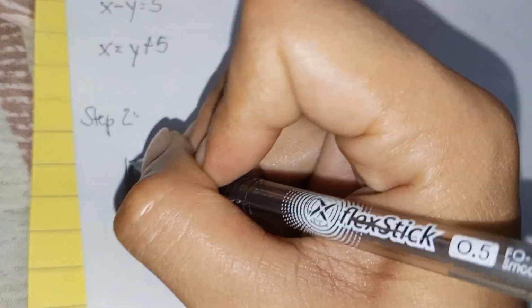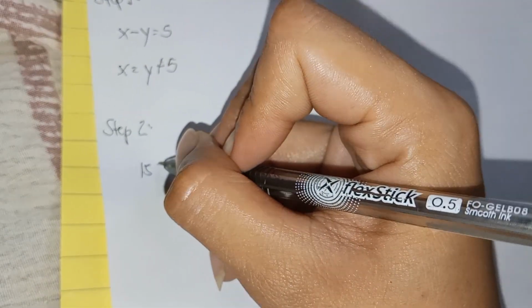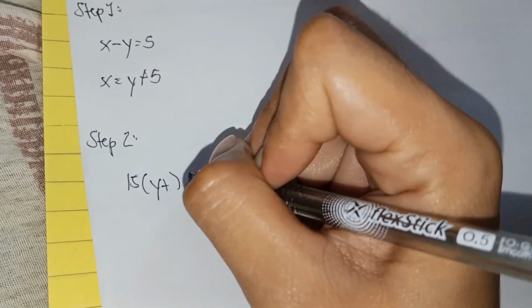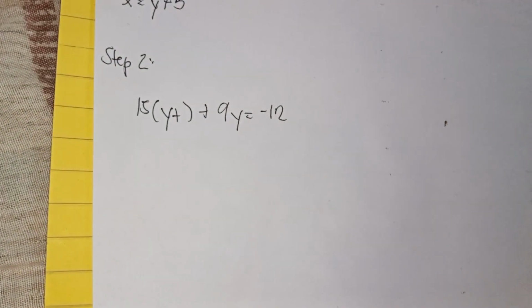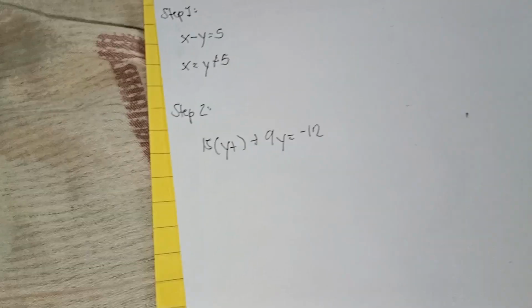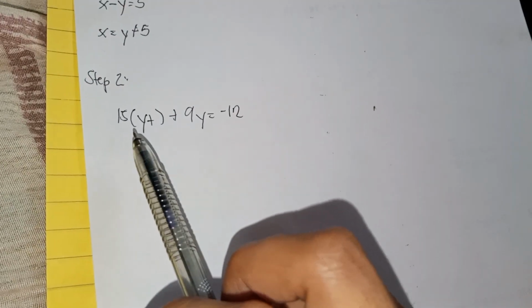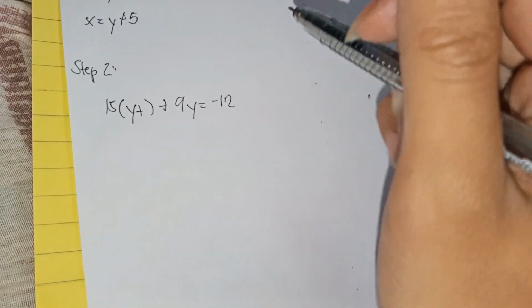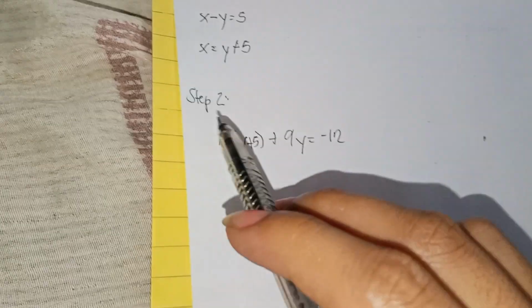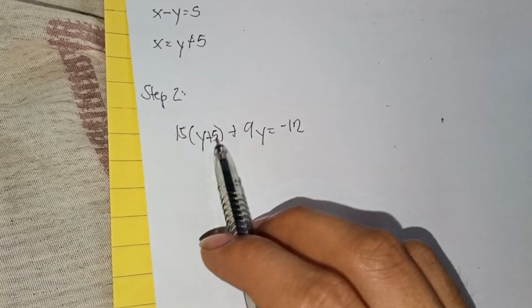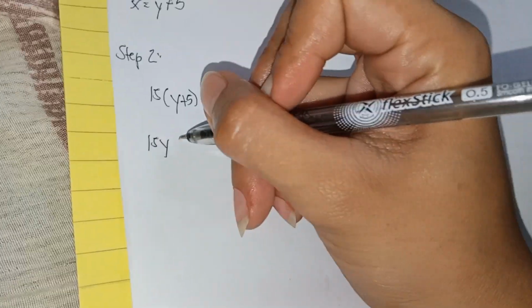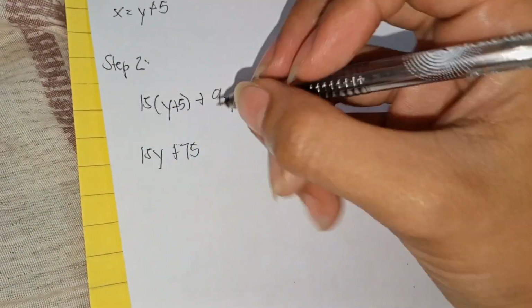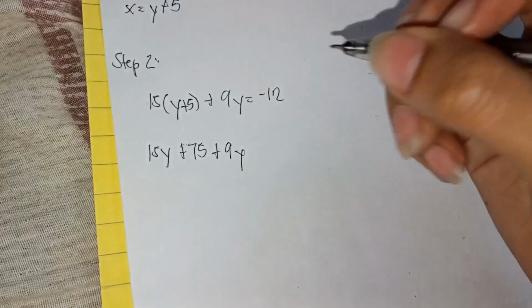So we're going to write this 15 times the quantity y plus 5 plus 9y equals negative 12. That's for step 2. I forgot to write the 5 here. So 15 times 5 equals 75. So 15y plus 75 plus 9y